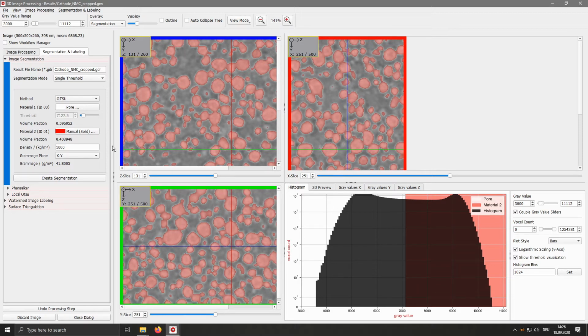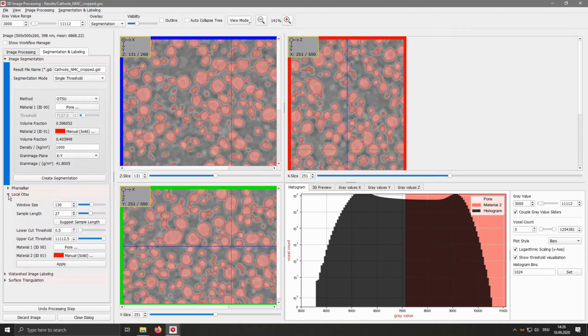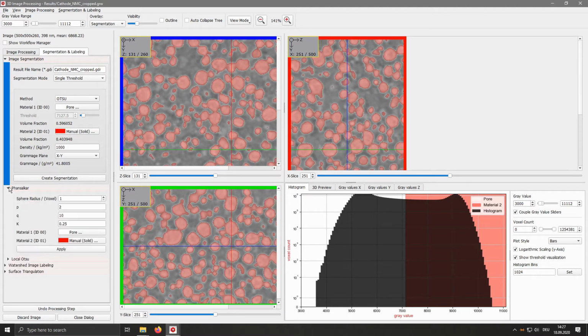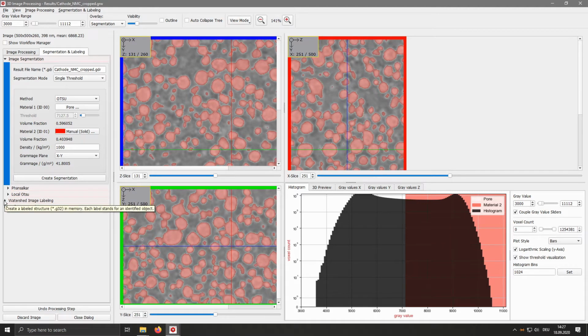There are also other segmentations available, like the Niblack or local Otsu filter that use local measurements to calculate local thresholds. There's also the option in here to do watershed image labeling, where you directly create object indices out of the gray value image, and also the option to create a surface triangulation.